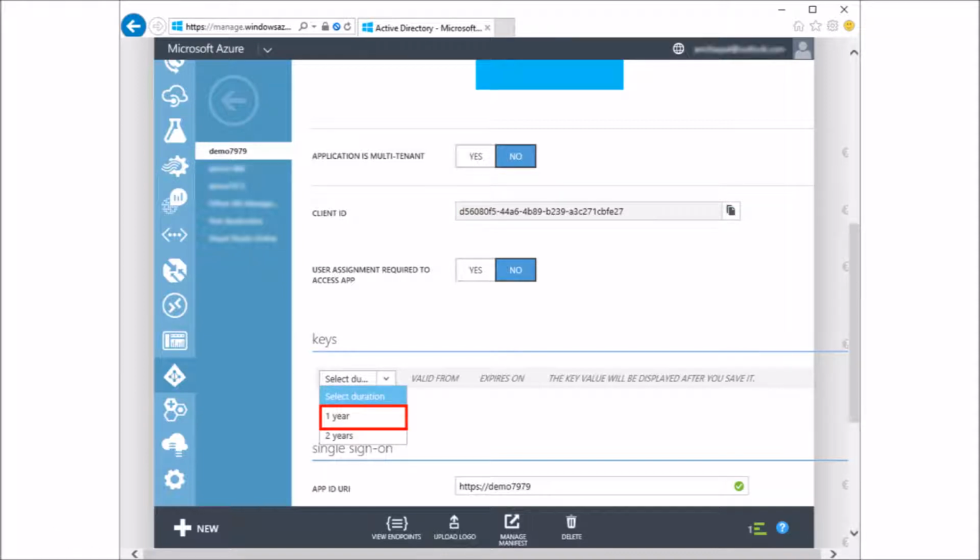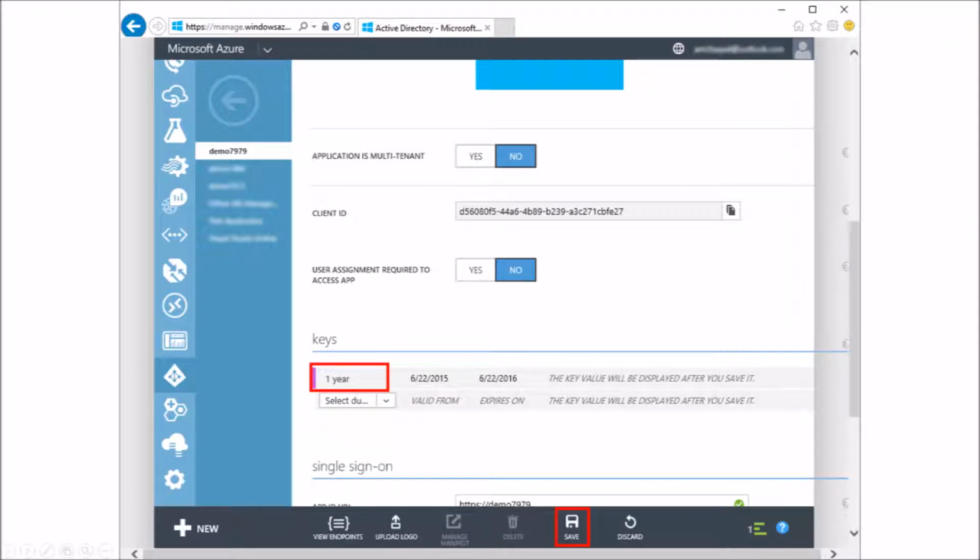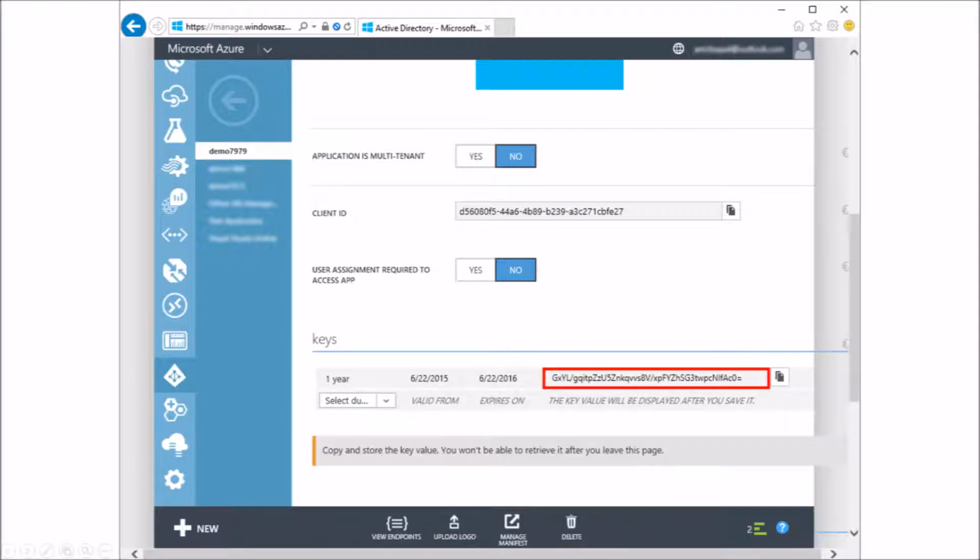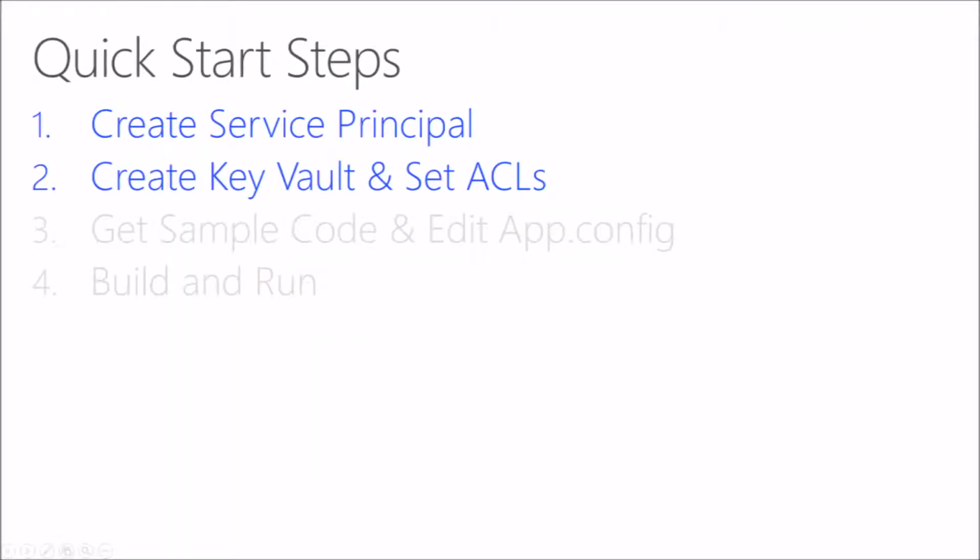Now under the Keys section, create a 1-year key and then click Save. On the next screen, note down the value of your newly created key. We'll use this key as auth client secret in step 3. Now that we have created the service principal, let's create a key vault and give permissions to our application to